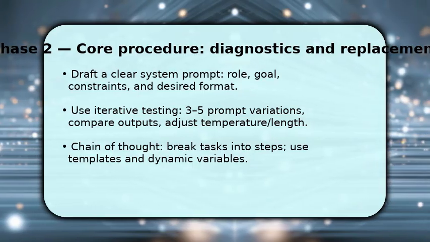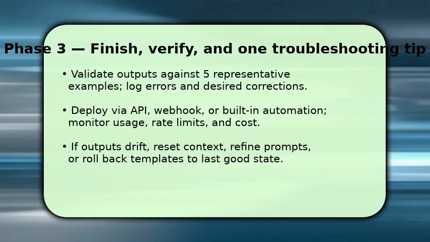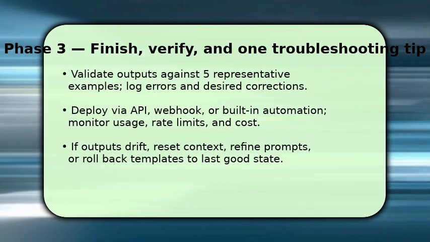Finish by validating and deploying your workflow, and plan one clear troubleshooting tip. Validate outputs against 5 representative examples so you catch edge cases, log errors, and desired corrections in the workspace. Deploy through the API, a webhook, or built-in automation, and monitor usage, rate limits, and costs so surprises don't derail